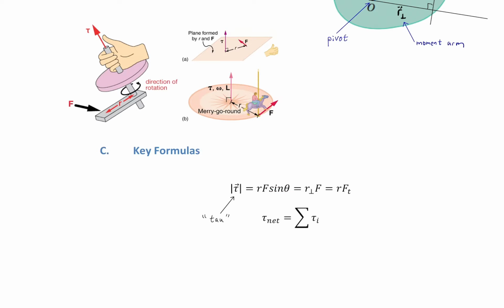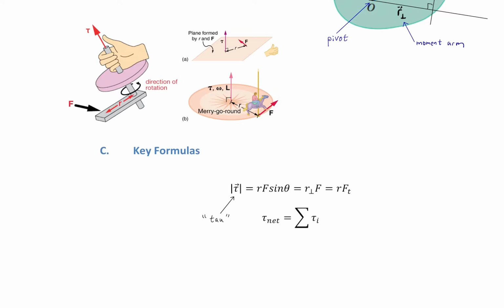Do compare that to work, because remember what work was? It was r times F times cosine of the angle between the two. Work and torque are calculated very similarly, aren't they? The only difference is that torque is sine of the angle between the two vectors, and of course work was cosine of the angle between the two vectors. But if we just say one's sine, one's cosine, that's helpful for memorization, but that does miss the point,